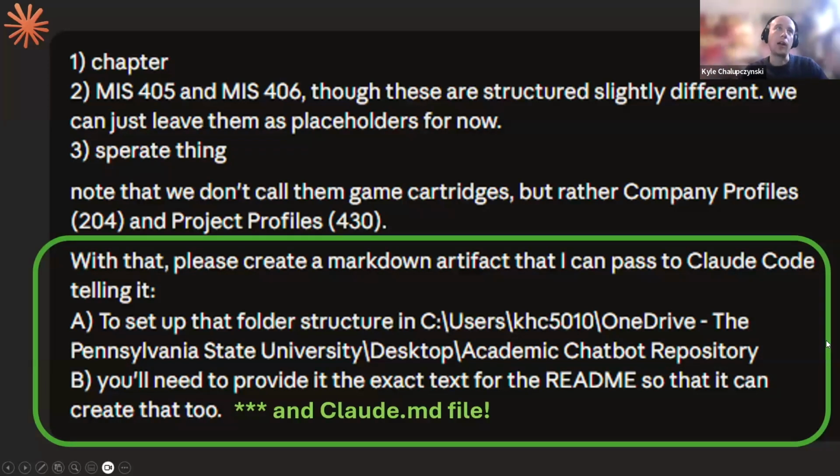So after Claude and I are on the same page, I say, okay, with that, please create a markdown artifact that I can pass to Claude Code, telling it these two things. So we had identified the folder structure. I wasn't going to go in and manually create each of those folders because that would have taken minutes probably, but I'm going to have Claude Code do that, right? So we want Claude Code to create all of those folders so that we can organize everything, and having Claude